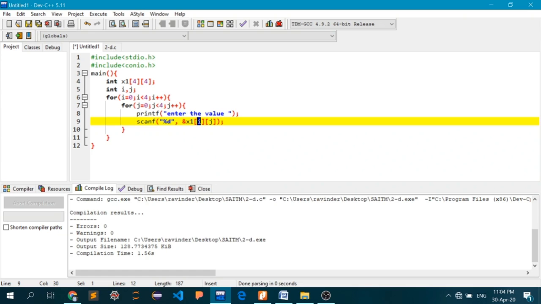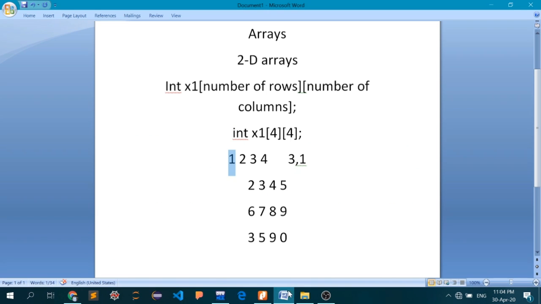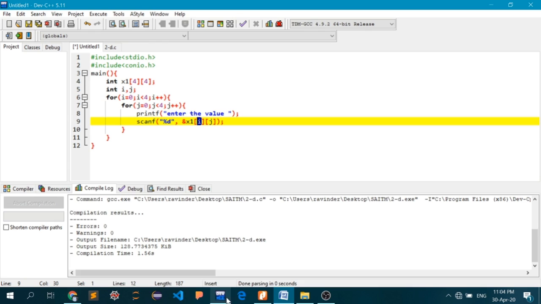So we are now in the second row. The compiler has already asked you all these 4 values, and now it will start to ask you the values of the second row, and then the third, and then the fourth. This is how the process will go on.